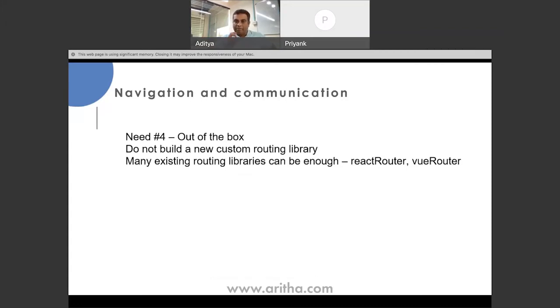So to make this navigation work, there are many such solutions, but one easy way is this: we do not want to be building our own custom routing library. That's not really a trivial task. So the best thing is to use out-of-the-box routing libraries, React Router, Vue Router, Angular Router. Each micro frontend will continue to use its own routing library,